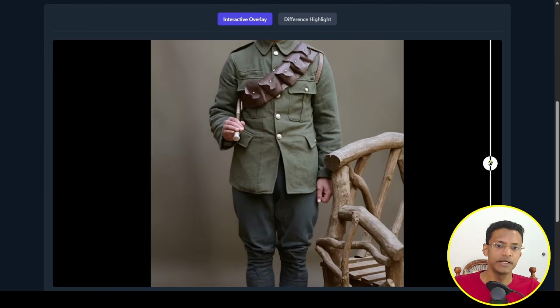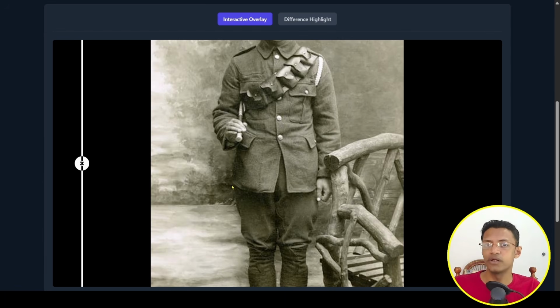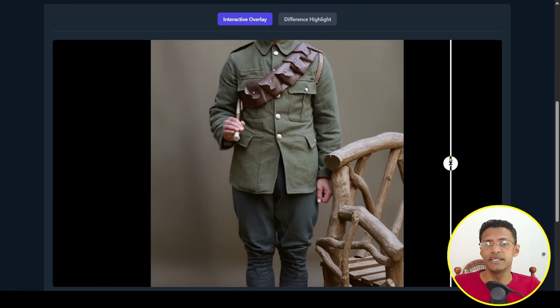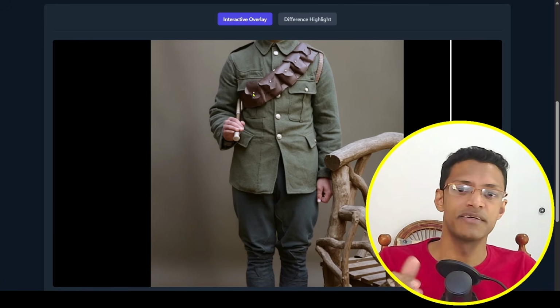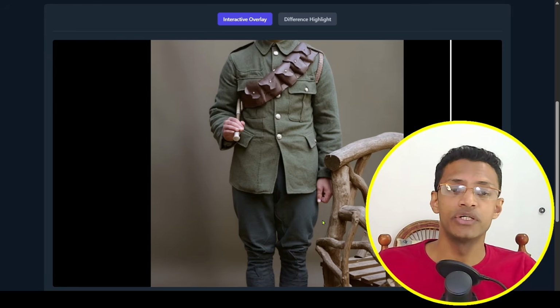So the output here is like this. Really well done. We have the chair, we have the person here, the soldier, and the colors I think are really nice too. However, you can see that it blurred the background. We lost that background completely. Now sure, this is an easy fix. Since this output has the character in focus and everything else is basically blurred out,